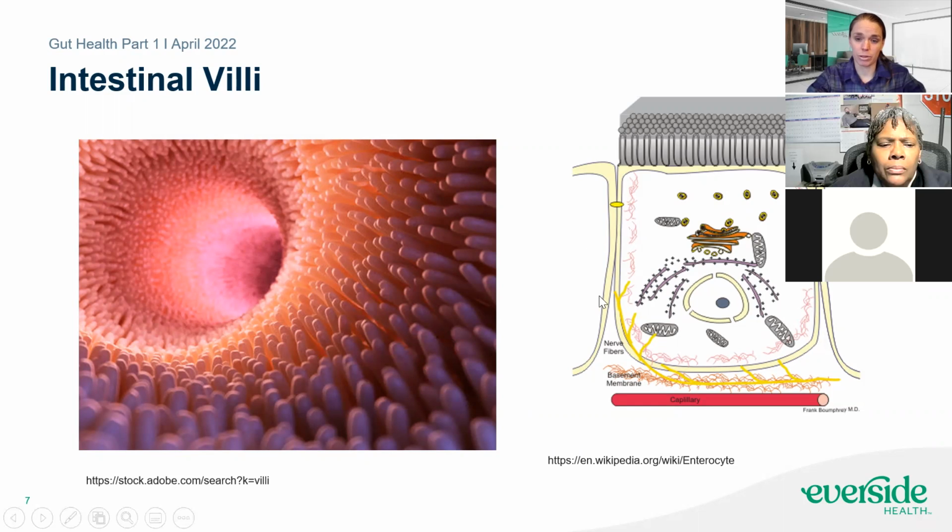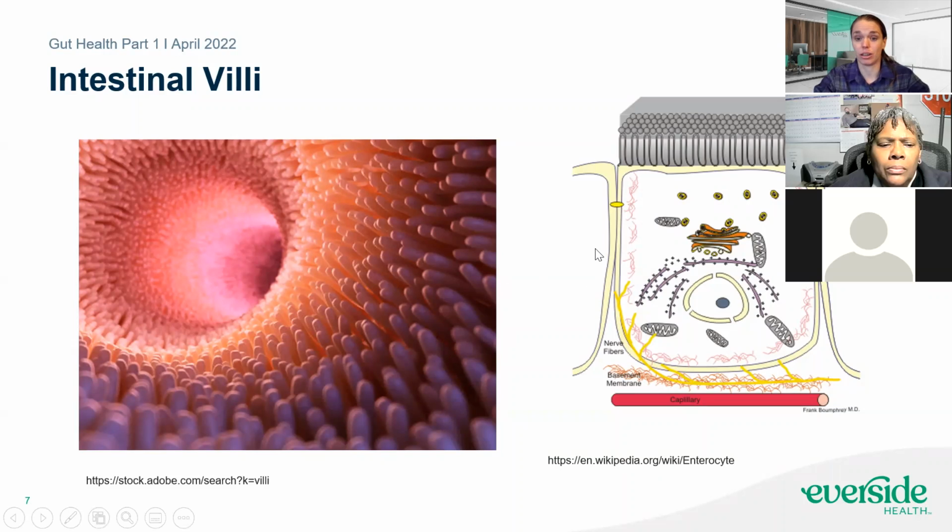You also have these tight junctions in between the cells. So this is one cell, and each cell has these little finger-like projections on it. And these cells are really, really close together. So let's say you have a nasty bug get into your mouth and it manages to get down to your stomach. Well, now it has to survive that nasty acidic stomach. All right, it manages to get through the stomach.